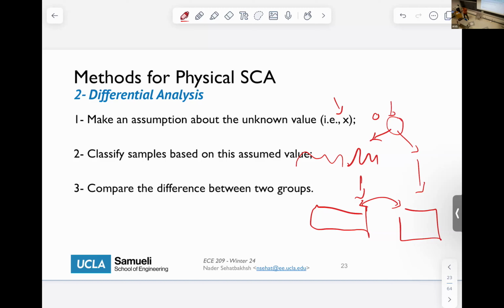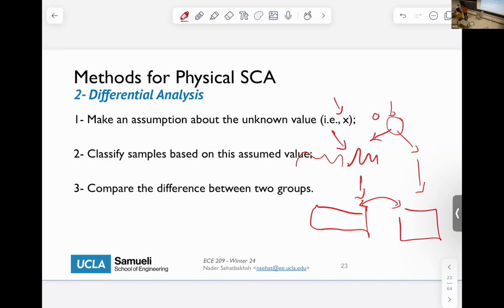Why? Because what you have observed was just random transient noise. On average, this transient noise is going to be averaged out and observed among both classes. So if you subtract these two signals from each other, you're not going to see any difference between the two signals. So if you don't see a difference, you just iterate and keep trying different assumptions for X. Yes. So you start with a guess,